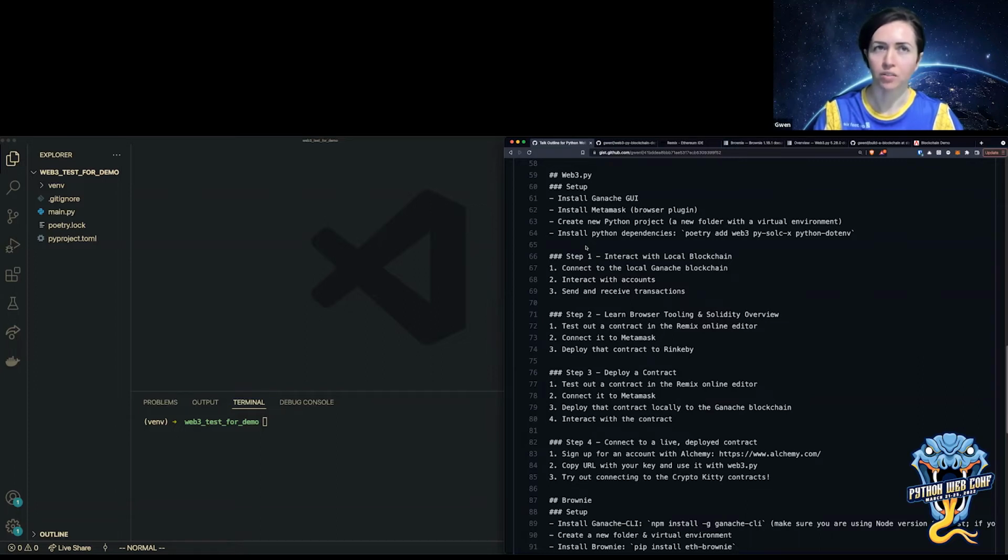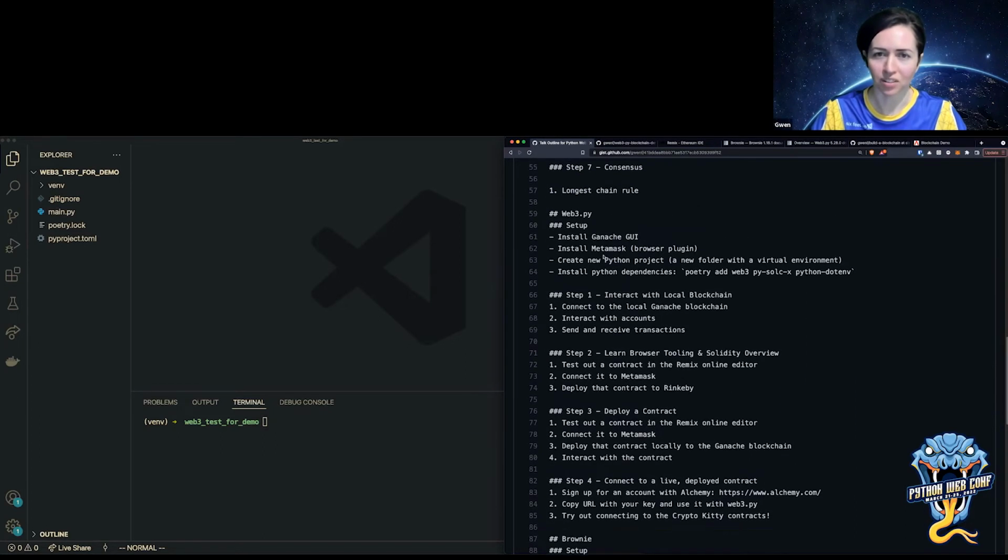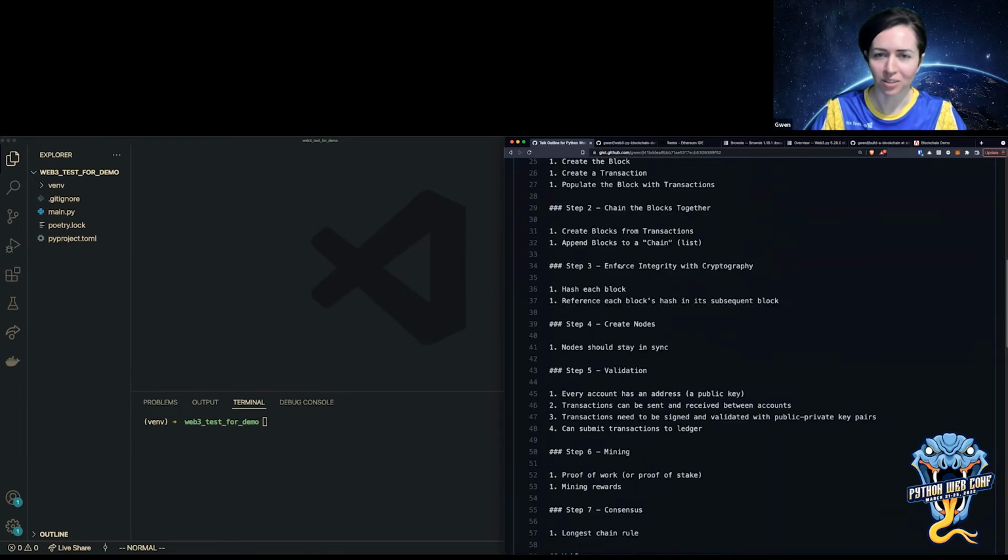My background of developing on blockchain is mostly with JavaScript-based tools like Truffle, Ethers.js, Web3.js. And more recently, I found that Python actually has this really great community and suite of tools to work with blockchains like Web3.py and Brownie and a lot of related tools. So that's what I'm going to be going over now.